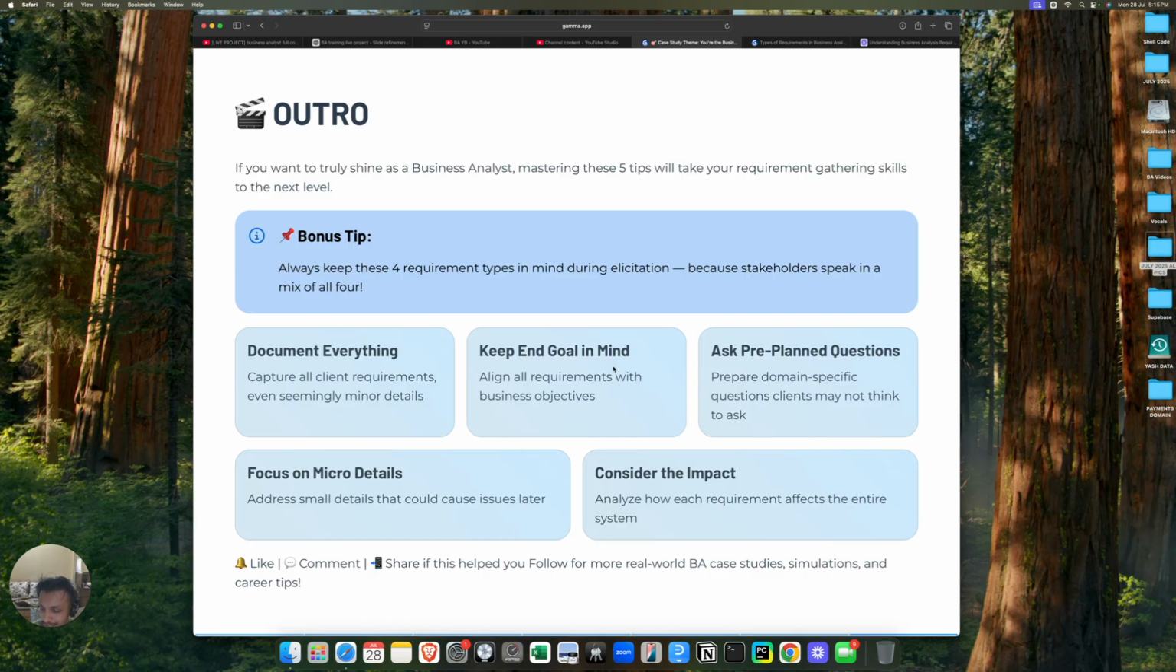Focusing on micro detail, as I told you, is very important, because your requirements are going to define the project. So focusing on micro details and then considering the impact, impact analysis, super important, the last stage, because at the end of the day you have to realize, guys, as BAs, what requirements you take, the project depends on that. So it's so important to discuss with other people, other stakeholders, about the project,